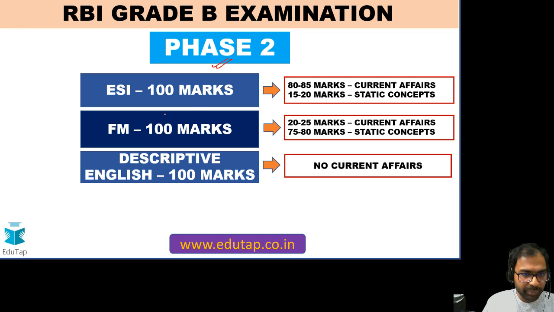You know there are 3 papers. One is economics and social issues. Second is finance and management. And the third paper is descriptive English. All of these 3 papers are worth 100 marks each. Total is 300 marks. Now coming to the first paper, that is economics and social issues, it is worth 100 marks. Out of these 100 marks, almost 80 to 85% of the paper,